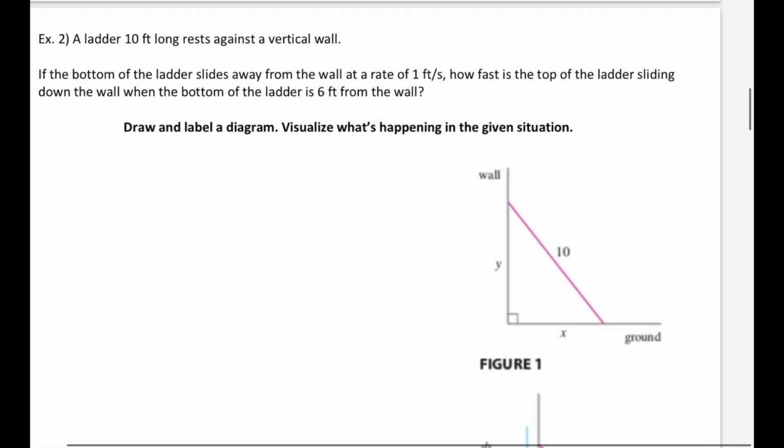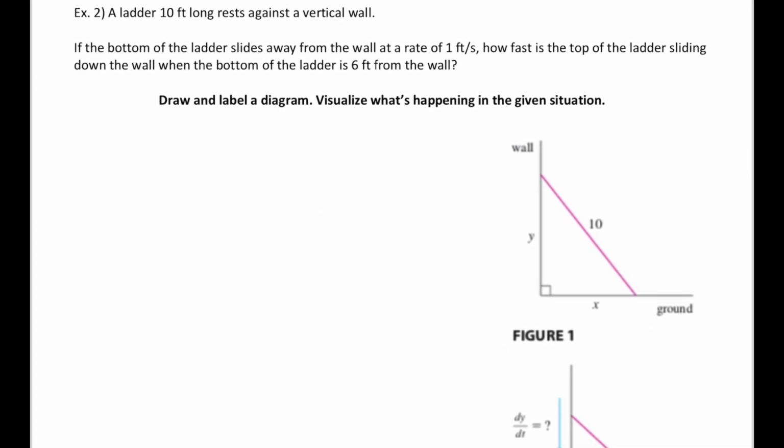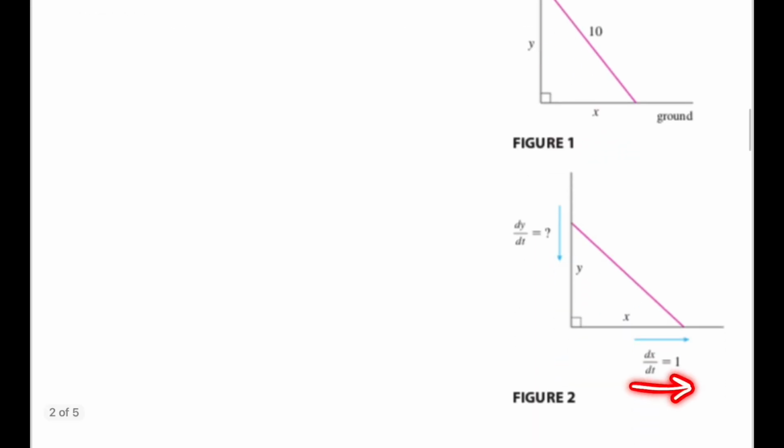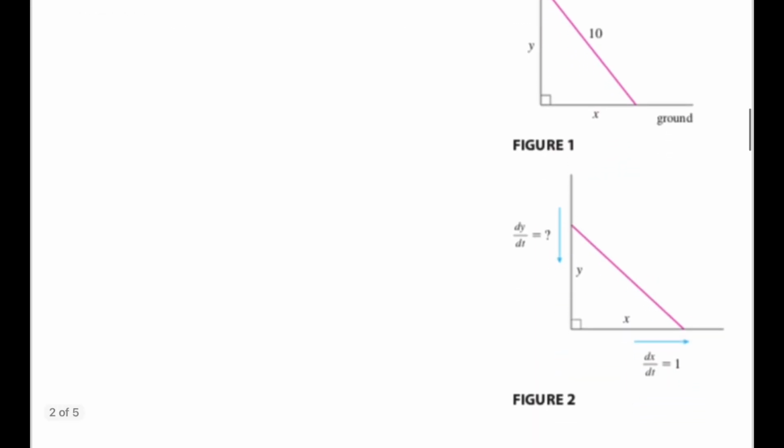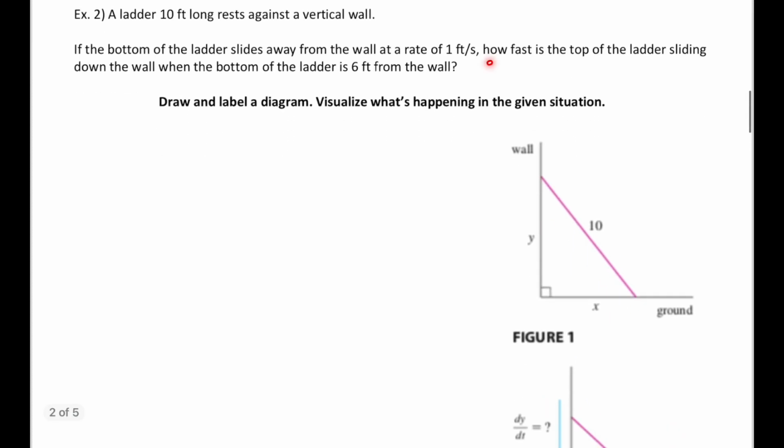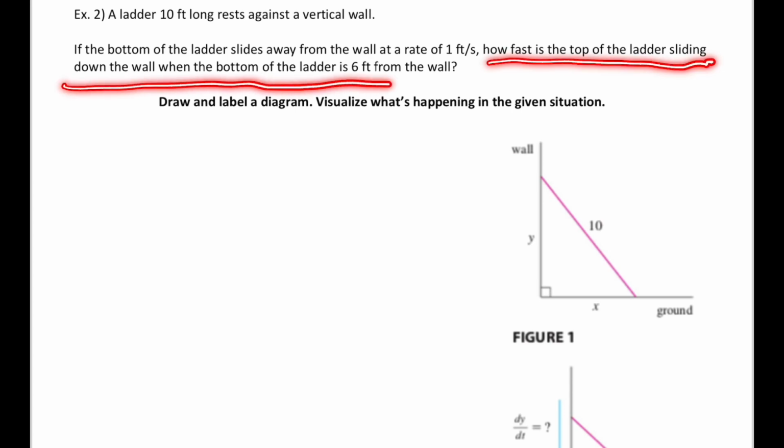Let's try another one. A ladder 10 feet long rests along a vertical wall. So you can see there, we've got our ladder 10 feet long. The bottom of the ladder slides away from the wall at 1 foot per second. So that x, it's sliding away 1 foot per second. As a result, y is going to be starting to fall. The height is decreasing there. How fast is the top of the ladder sliding down the wall when the bottom of the ladder is 6